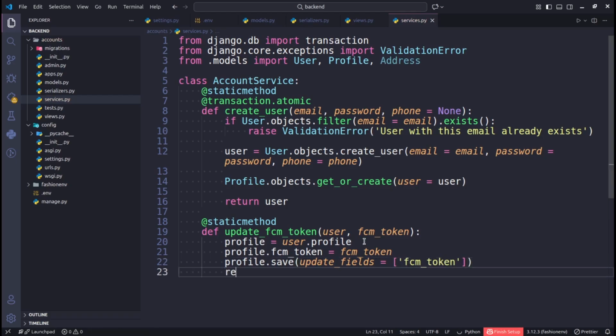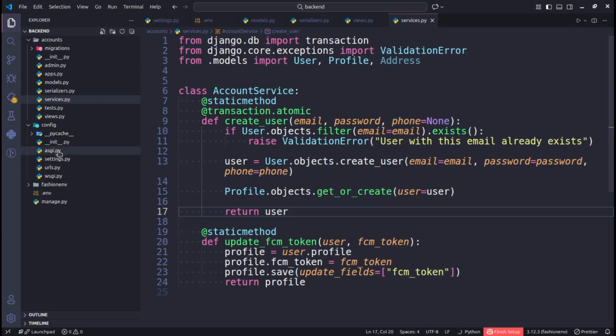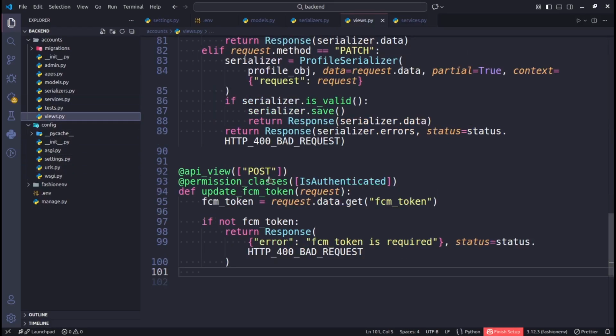That is it. Then we need to return the profile. So that is just the simple method to do that, which you could have done it in the view. Let me save that one first. So you could have done it here, but we don't want to have a lot of things here in our